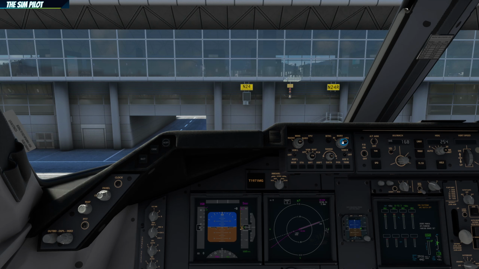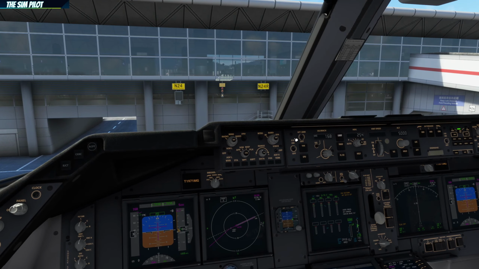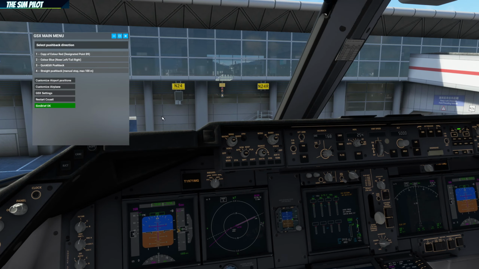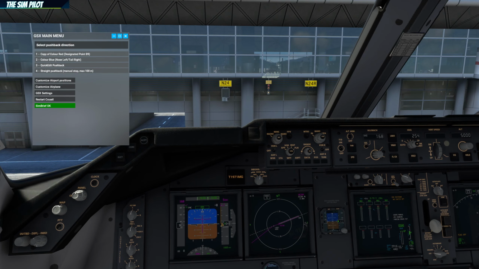And oh, sim is showing 1005. We'll take it. So that's set. Flight directors are now on, and we will undo the throttle. So our pushback should be tail left, nose right,